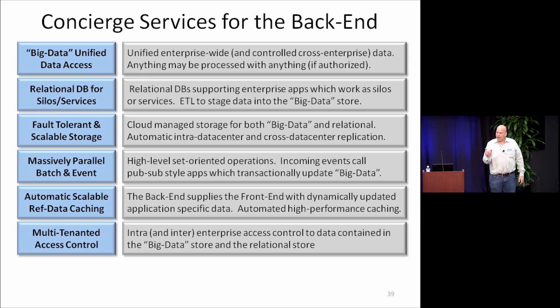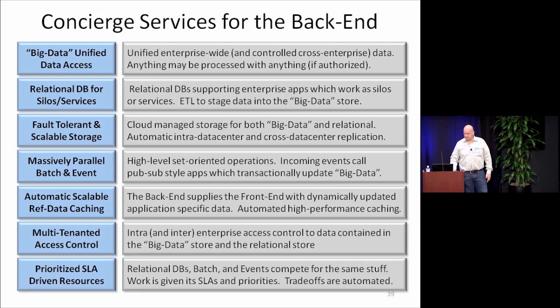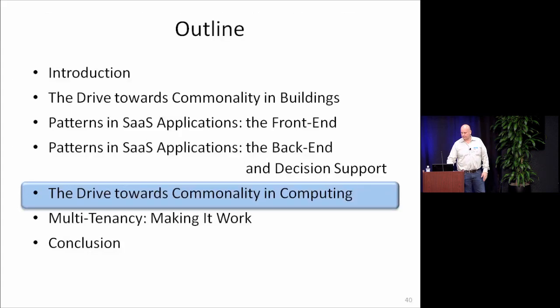I need to say how I allocate computation to different departments or different companies or different pieces of things so that I can say, no, you filled this up, or you're not as important in terms of the priority, and I will push you down in order to make sure this guy that's got a higher priority to the business, his needs are met. And managing that multi-tenanted access for control of the data and processing of the data is super duper important in this world. And then finally, prioritized SLA-driven resources so that you can have all of these things in one big soup and make it work for the company. All of these things we can do as services for the app developer.